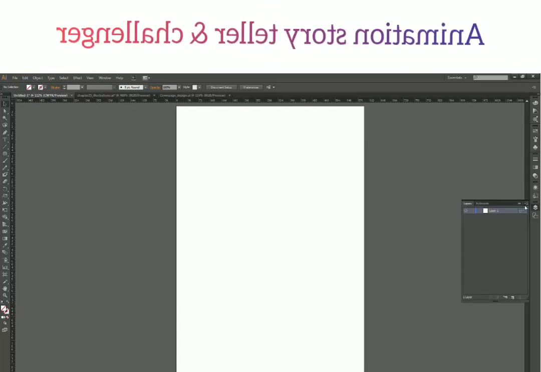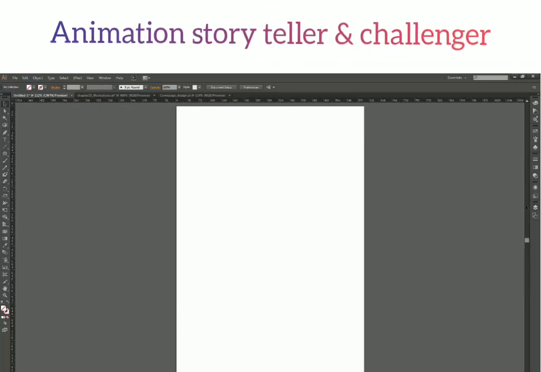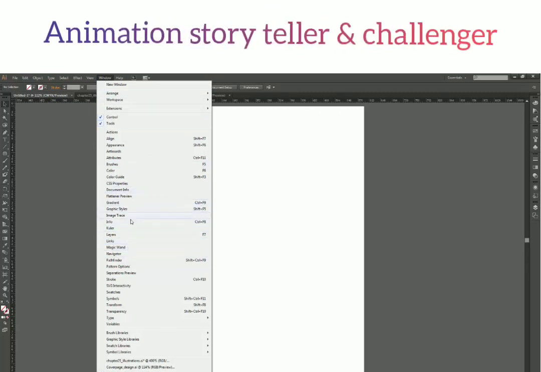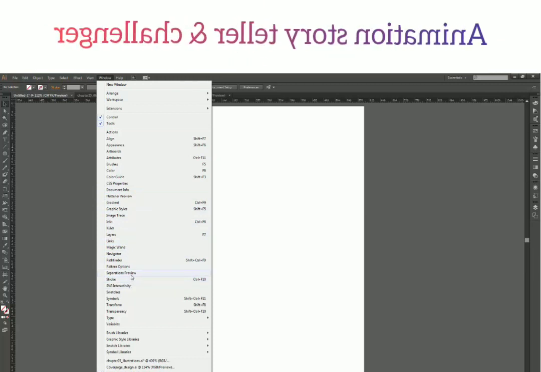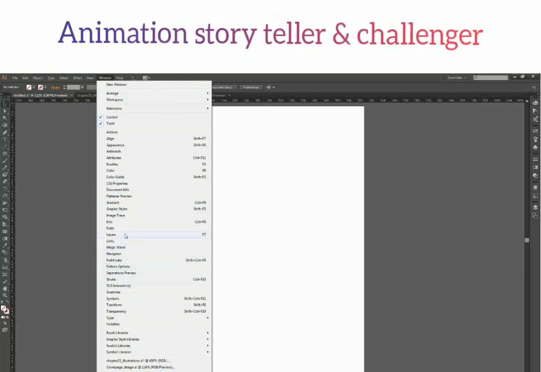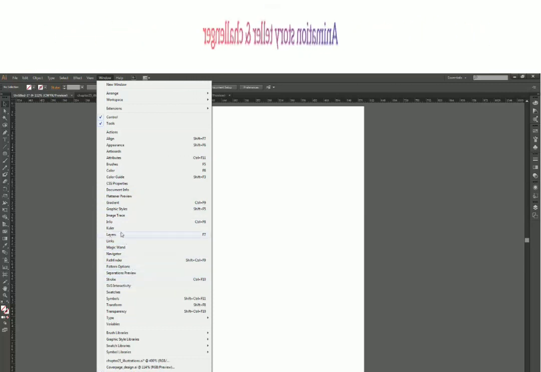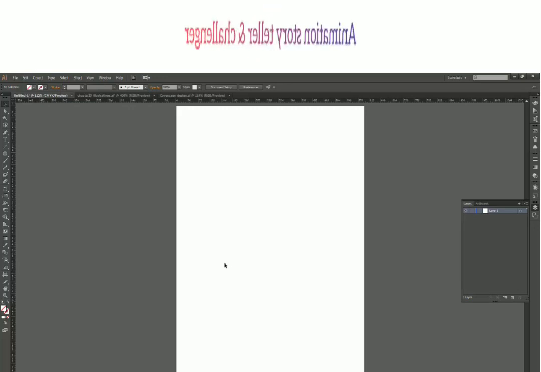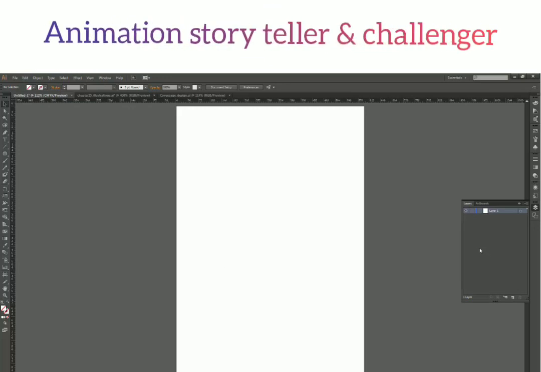Or if you don't have your Layers panel over here, you can go to Window and click on Layers, and the shortcut key is F7. So yeah, I use F7 most of the time. That's very convenient for me.